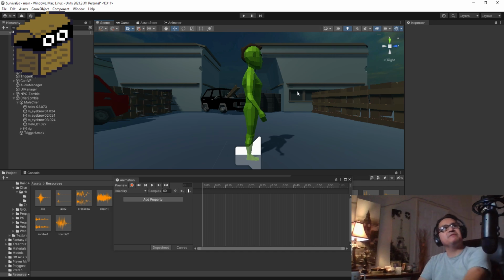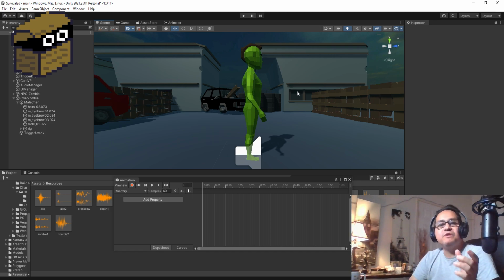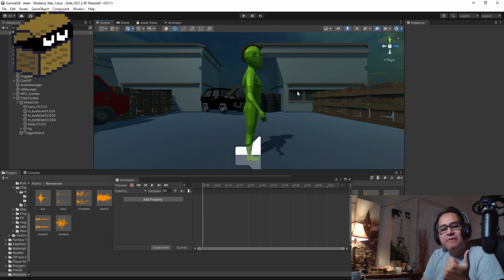Game design documents, for those that don't know, it's what you create in Word and writing, and you design your game through that document. It gives details of what the definition is of the game that you're trying to make. What kind of game is it? 2D, 3D, that sort of thing. How many bosses? How the level design is going to be.